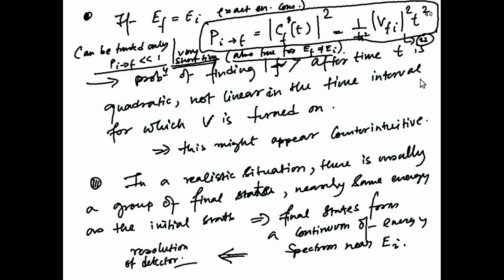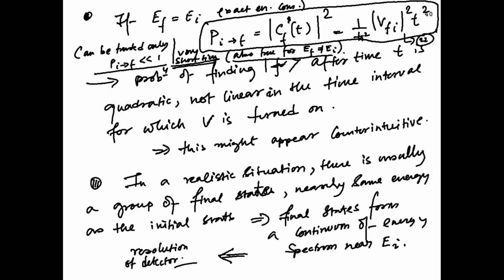So now we will return to a question which we originally said has an extra complication, because we have only discussed so far the transition to a state which is different from the initial state. Now we want to ask, what is the probability that the system stays at the same energy state, which is basically the probability that the system doesn't go to any other state, or it stays at a state which is degenerate at exactly the same energy? So we will see there is some complication, and we will try to understand the details of this. So let us say your final state E_F is the same as E_I.